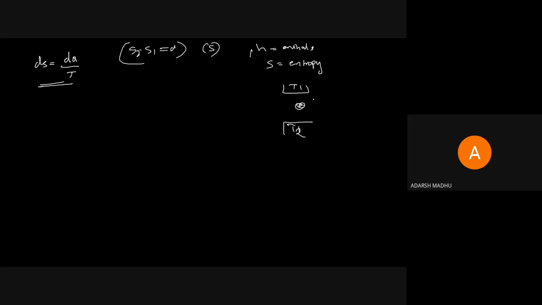Okay, so when there is more than one reservoir, that additionally added reservoir can be treated as another heat engine at a particular absolute temperature T0, receiving heat from absolute temperature T0. That is, where there is an intermediate reservoir, we can treat that reservoir as a heat engine, which receives heat from an absolute temperature T naught.